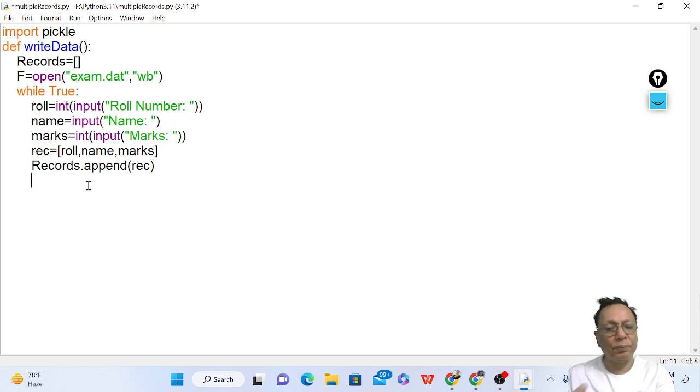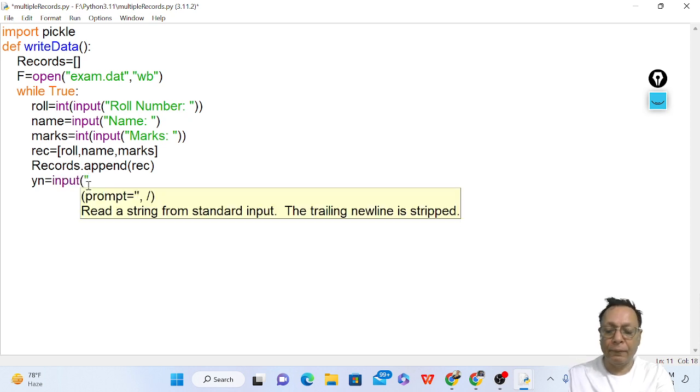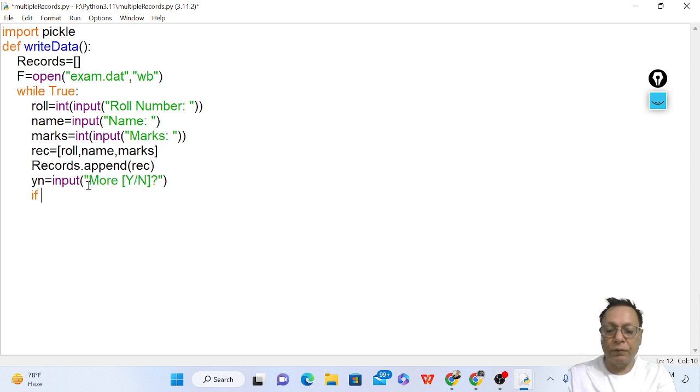So how to append that record? Just see, yn is equal to input more, yes or no, if yn is n or small n, then break, come out of the loop,